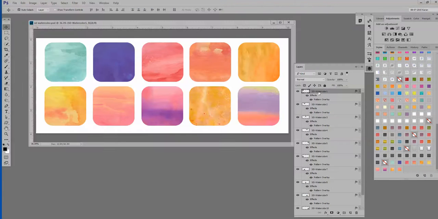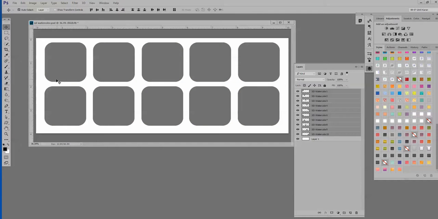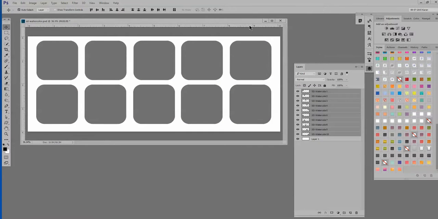Instead of navigating to that, I think I'm just going to go ahead and clear this. I'm going to select them all and clear the layer styles. This is the template that is included in this tutorial. And what you want to do, I believe I have this listed as product 1 or something like that. Product 1. And they're all then number 2, 3, 4, 5, and so on.